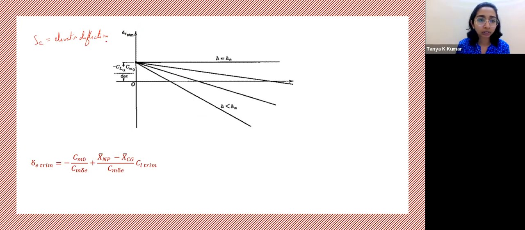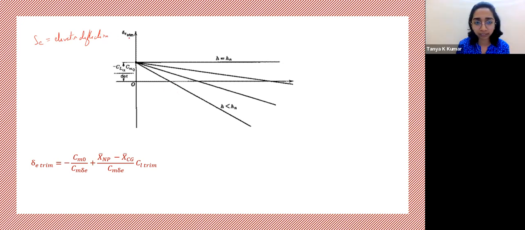Control surface on the horizontal stabilizer. Yes, control surface on the horizontal tail. So any idea what it controls? The pitch attitude of the aircraft. Correct, absolutely correct. So this is the relation between this delta E trim, that is the amount of elevator deflection